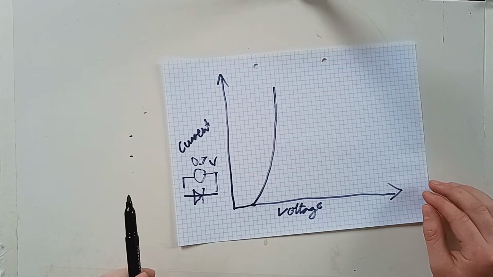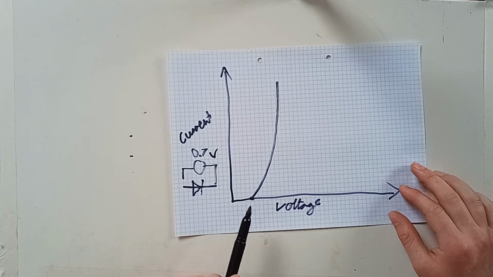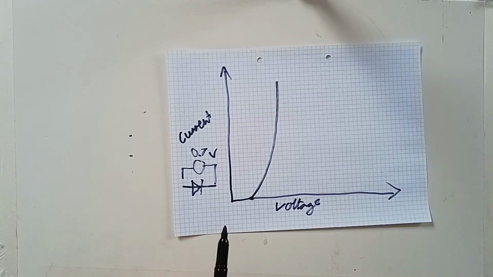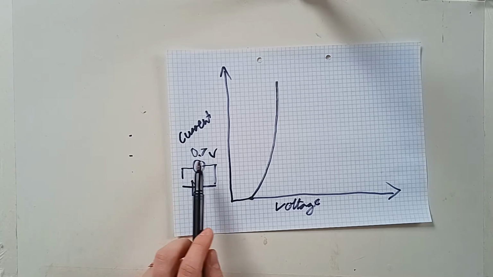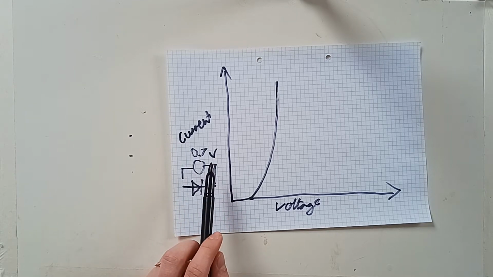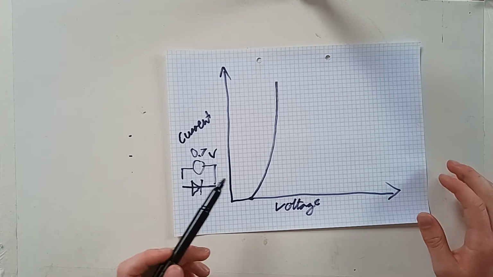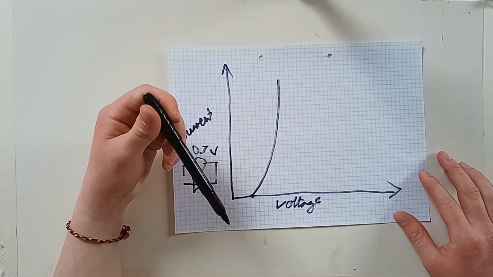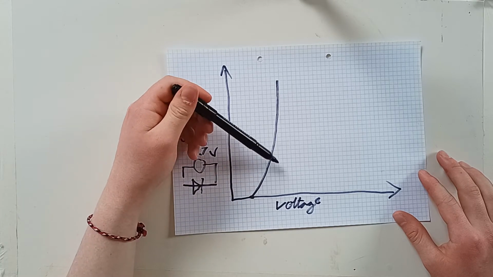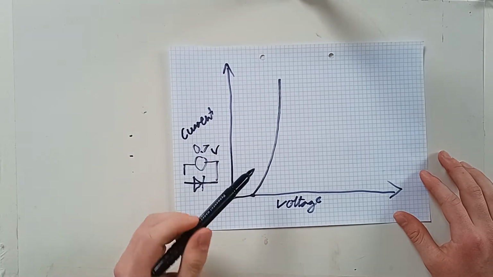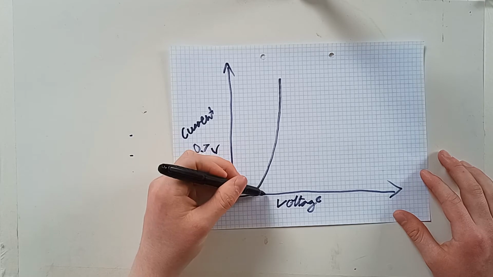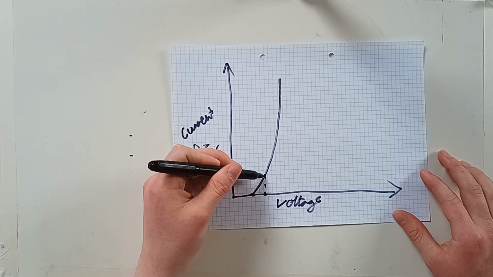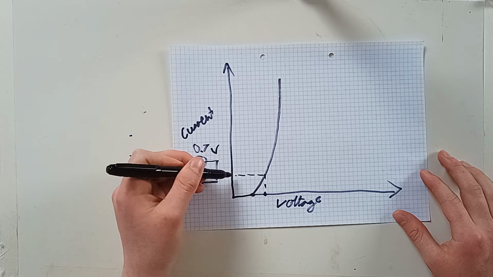And it is very important to note here that diodes are an analog component. They are not digital. So when that 0.7 volts is reached, it doesn't mean that they suddenly let all the current through. It's a more gradual curve. So at this point here, let's say this is 1 volt, you would have this much current able to pass through,